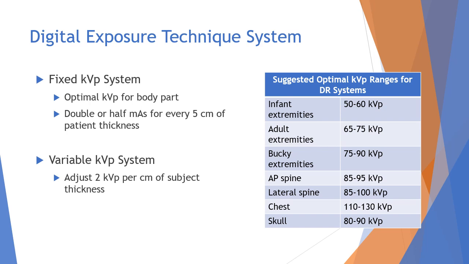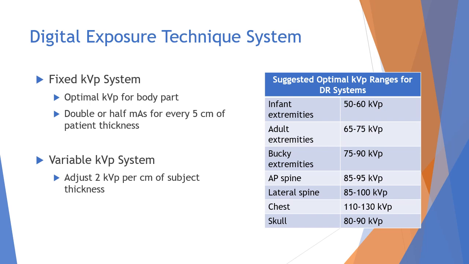Digital exposure technique systems. First, we have a fixed kVp system, which is where we use the optimum or the highest kVp for the body part. Then we double or halve the mAs for every 5 centimeters of patient thickness. A variable kVp system is where we adjust 2 kVp per centimeter of subject thickness. Now, the ASRT recommends the first one because it lowers patient dose,